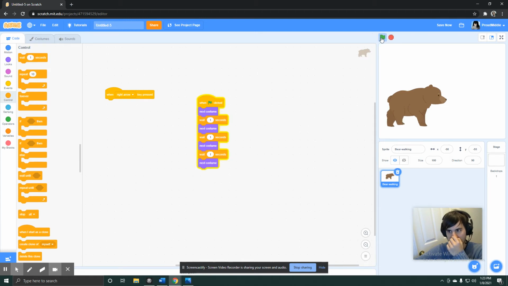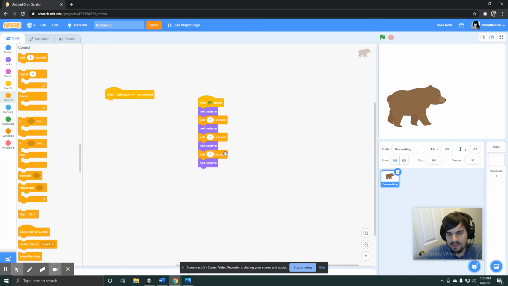So now when we press play, we could see our bear taking steps. So that looked a little bit better, but it's a little slow. When we have our animations, we don't want them to play so slowly because this still looks like it's not fluid. It doesn't look like he's walking. It looks like he's kind of teleporting around. It's not fluid. So what I'm going to do is I'm going to do 0.1 seconds, 1/10 of a second,